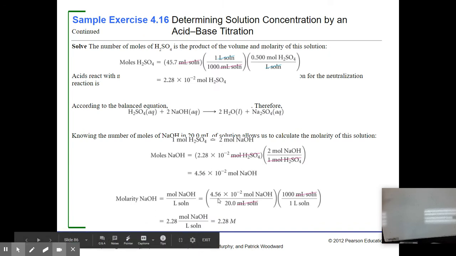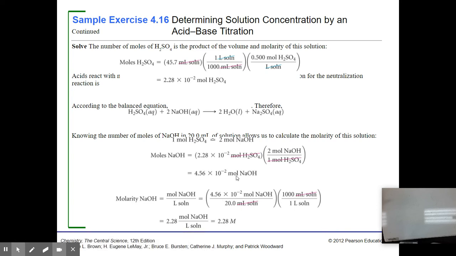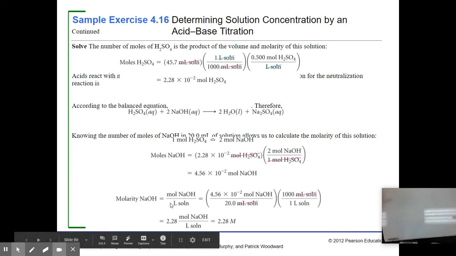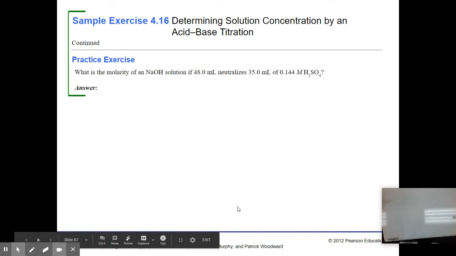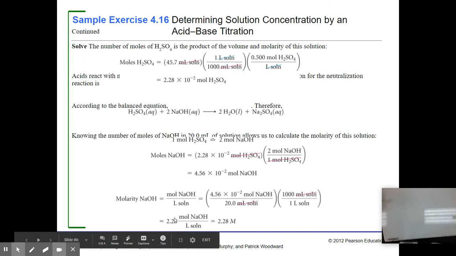Again, we're going to take the moles that we just calculated for sodium hydroxide and divide it by the volume in liters, which is what they are doing here. I don't like how they show it. I'd rather do the conversion outside of the calculation, but it's up to you. But this is what it would look like. So converting 20 milliliters to liters in this fashion, we find that we have a concentration of 2.28 molar